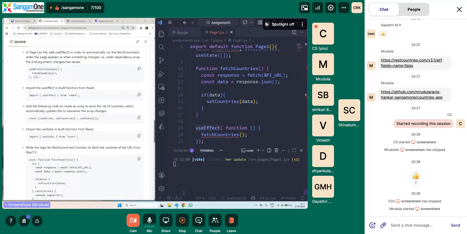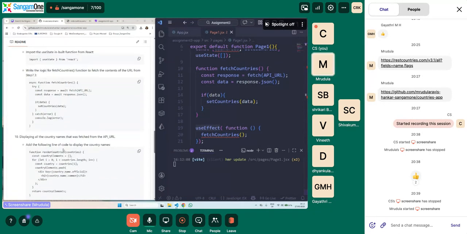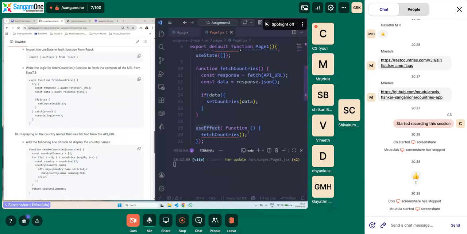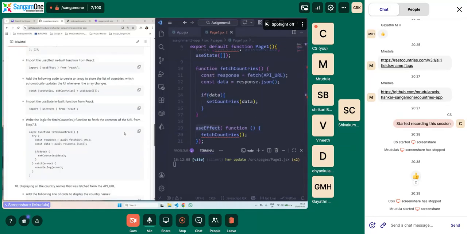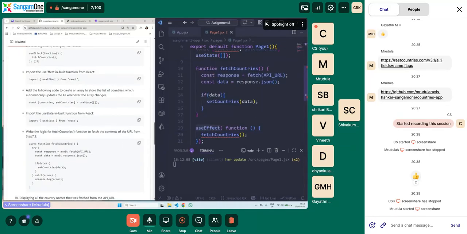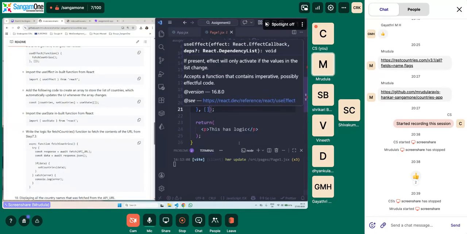Okay. So now what happens is, now we have everything. So we will just go back, and then we will also render. Okay. So fetch countries. Why is it giving us an error? Okay, my bad. We need to have a dependency array.